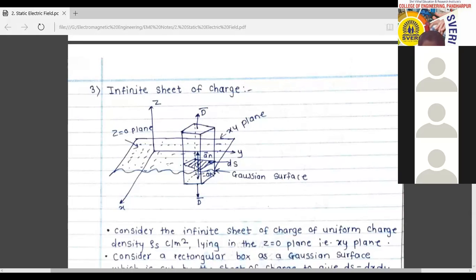Those fluxes are always perpendicular, remember. So it is in the upward and downward direction. So it is taken as a bar n. a bar n means it is the normal component. If it is perpendicular in the positive z direction, then it is taken as plus a bar n, and in the downward direction these are minus a bar n.